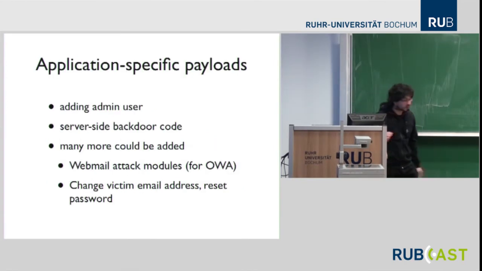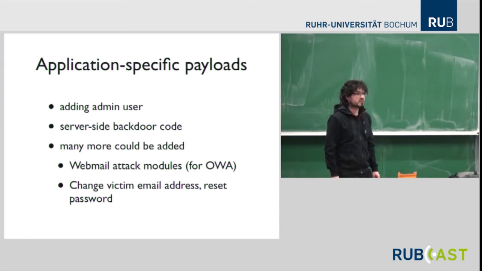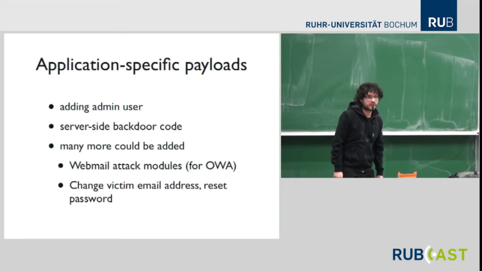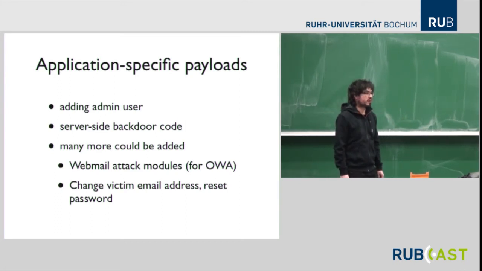So these are the sort of payloads that I've implemented. Not many, but there's a lot of place for adding more. Some of the things that I'd like to add is support for Outlook Web Access, for Exchange, where you can, for example, if you find some sort of cross-site scripting vulnerability, either in OWA or, say, in some other web